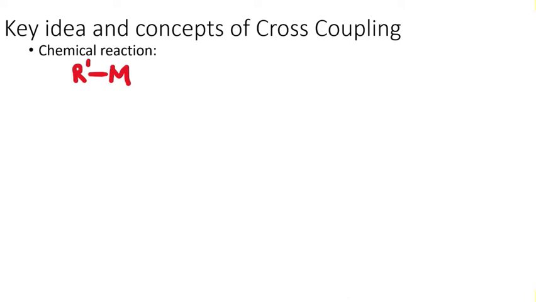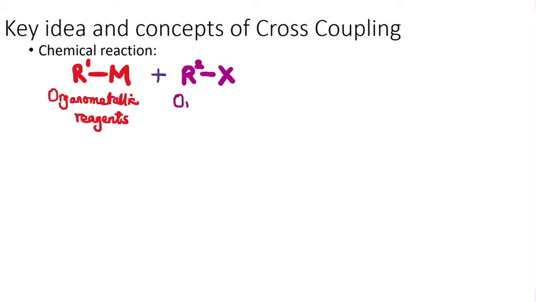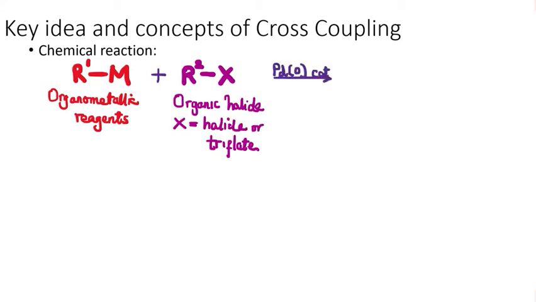This is known as an organometallic reagent, and this reagent will be combined with a specific type of halide that has an R group, R2, attached to it, and this organic halide, where X is either a halide or a triflate, is combined in the presence of a specific catalyst, mainly palladium